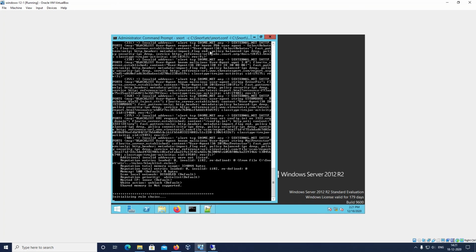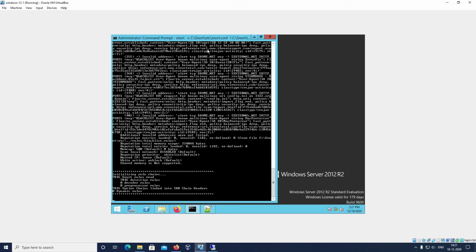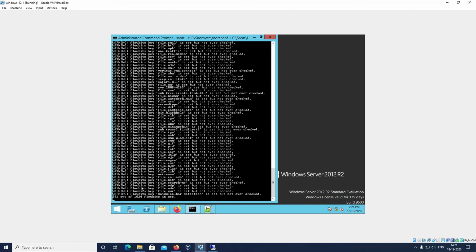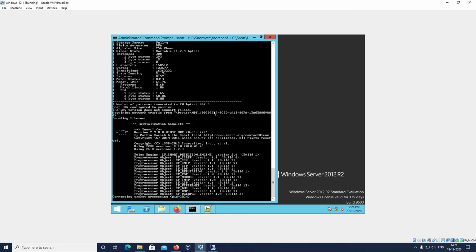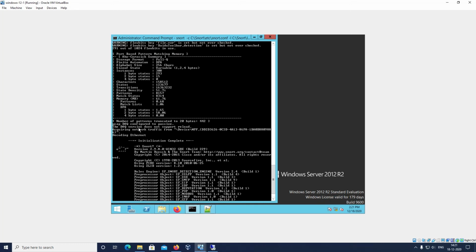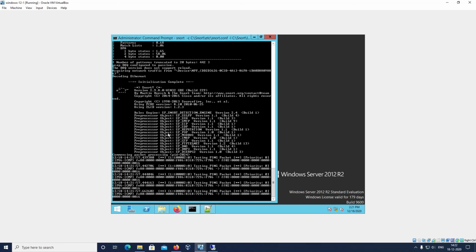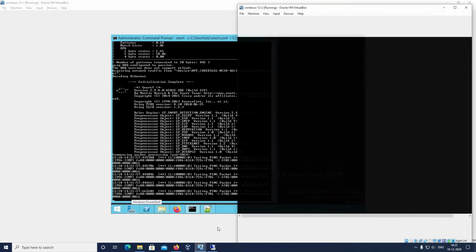Okay, so it is installing the rule chain, and it is loading all the rule files we have given. So now Snort is fully ready, and whatever ping packets are coming, we can see here. So now I will go to the client machine and try to ping it,